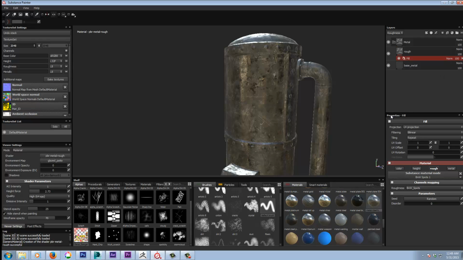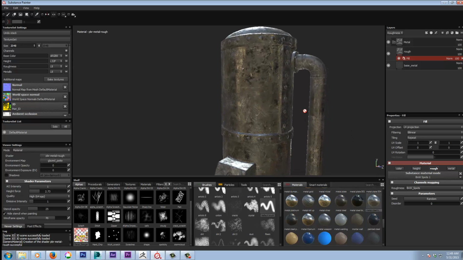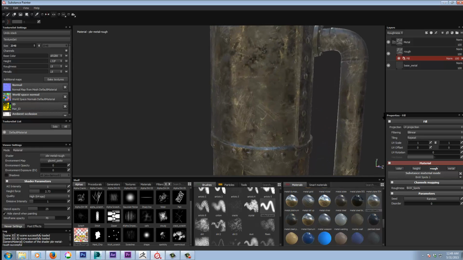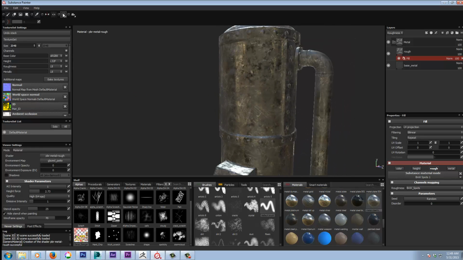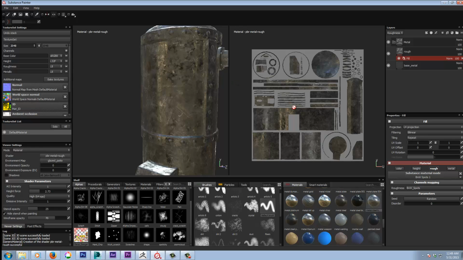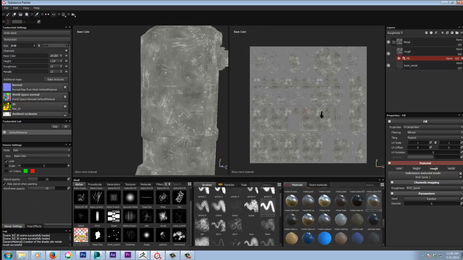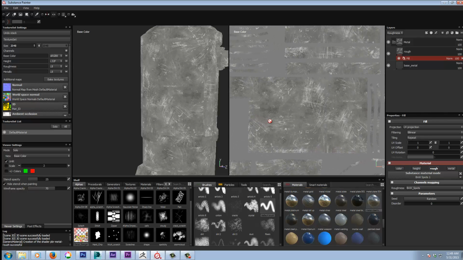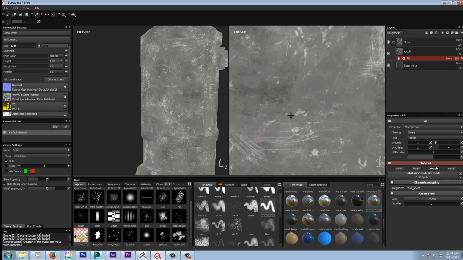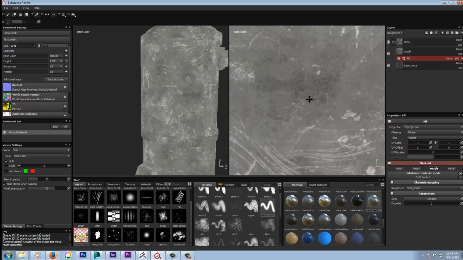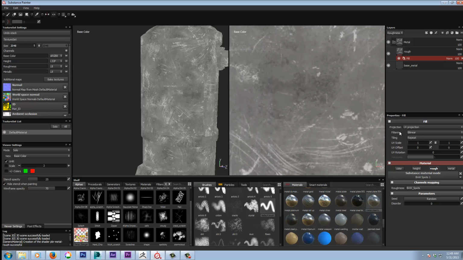Right, so one of the other things we might want to do now is tile it a bit more. If we go over here to 2D view, and I'll just press C and go into the base color and kind of zoom in. You can see here the resolution is a bit blurry. I know we're zoomed right in here and it's only 2K, but